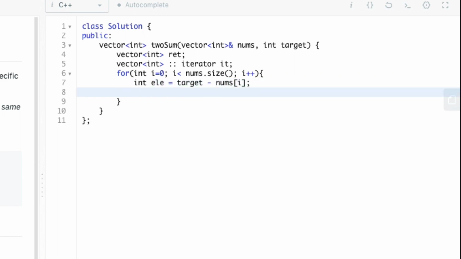Our next step is to find whether this ELE is present in the given vector. This can be found out using the find function in the STL library.